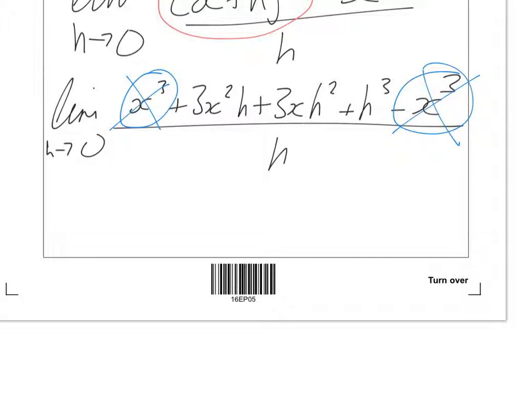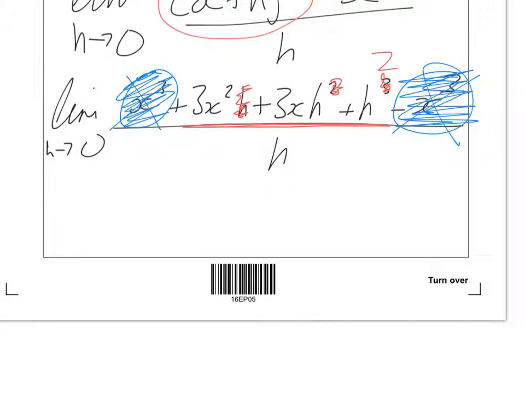And once they're gone, you can do the division because everything else has a factor of h, so you can divide by h, and you'll be left with 3x squared plus 3xh plus h squared. And we can take the limit as that goes to 0, because the limit as h tends to 0 of 3x squared